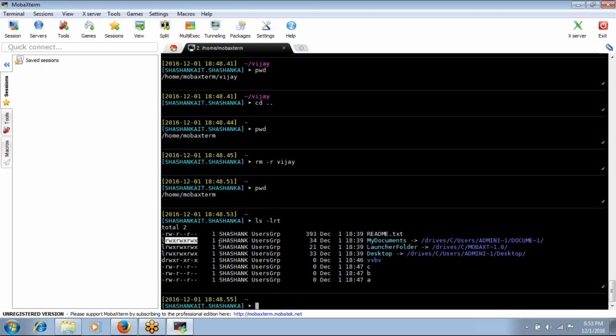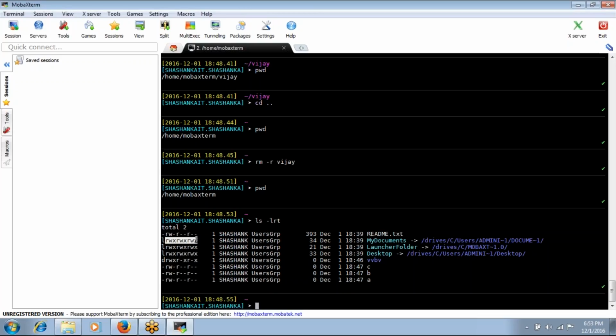Later on we'll cover the access part. We will discuss what the permissions are, what the user permissions are, what the owner and others are, and what RWX is. I will explain how to change the permissions, and suppose I want to give permissions to some other user, how to give them. We can discuss it.